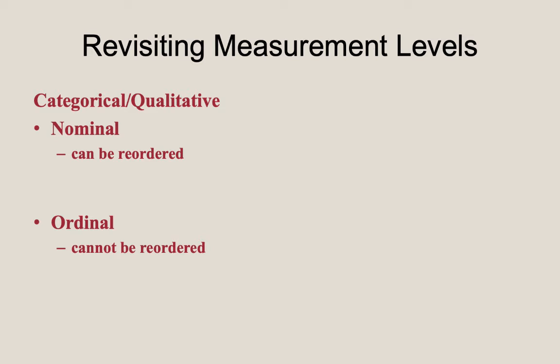So, both nominal and ordinal data represent categories, but only ordinal data has categories with a fixed ordering. Again, this means we can reorder nominal data at our will, but the most we can do to reorder ordinal data is to write it in increasing or decreasing order. Beyond that, the categories for an ordinal variable cannot be placed in any arbitrary order.